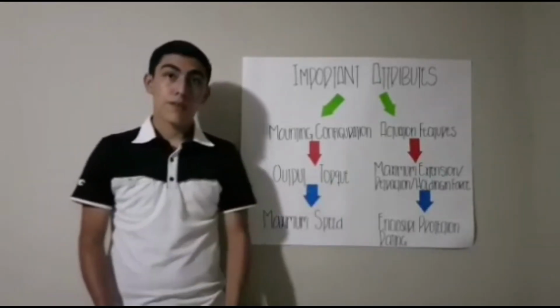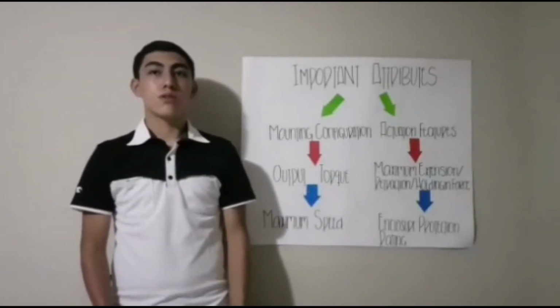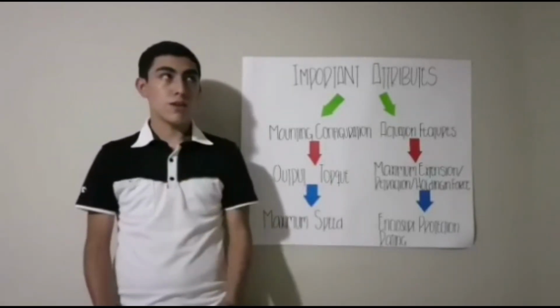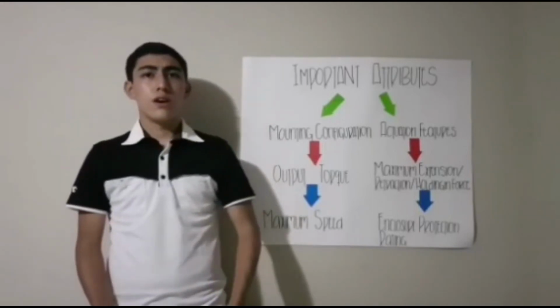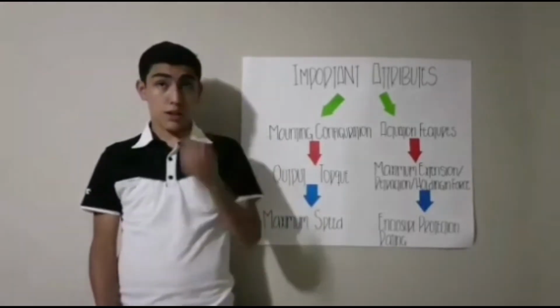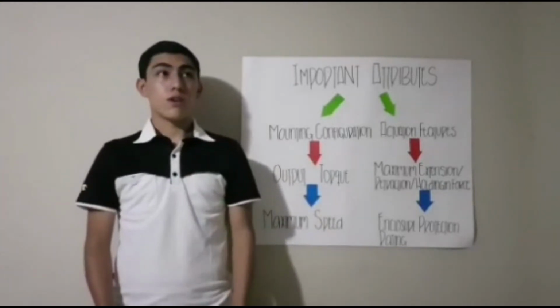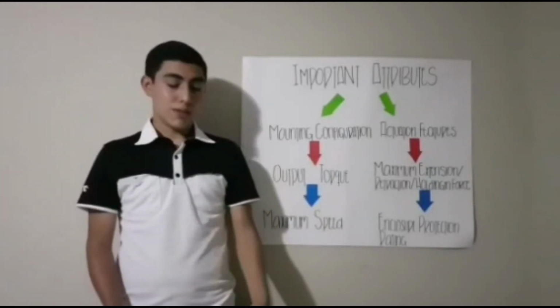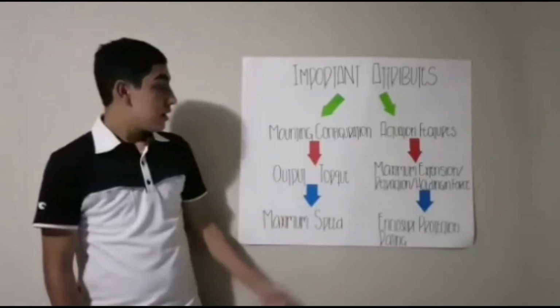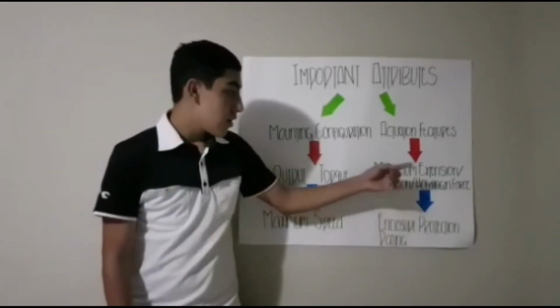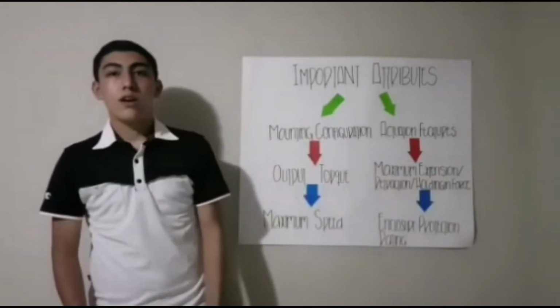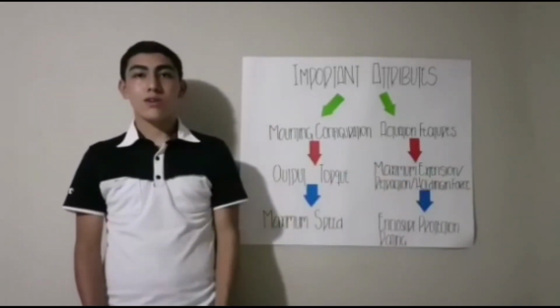Output torque. Output torque applies to both electric and fluid powered rotary actuators and describes the rotational force the actuator applies to the valve to close it. Maximum extension, retraction, holding force for powered actuators,